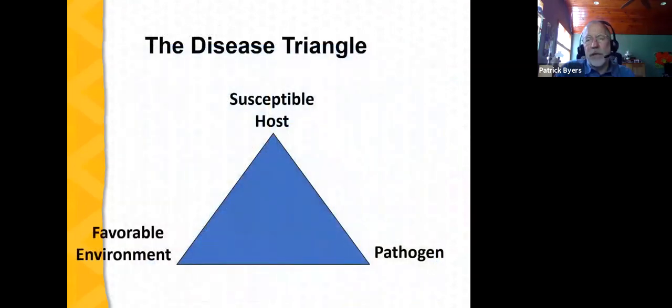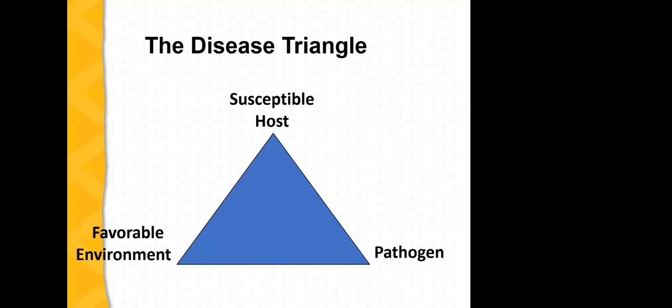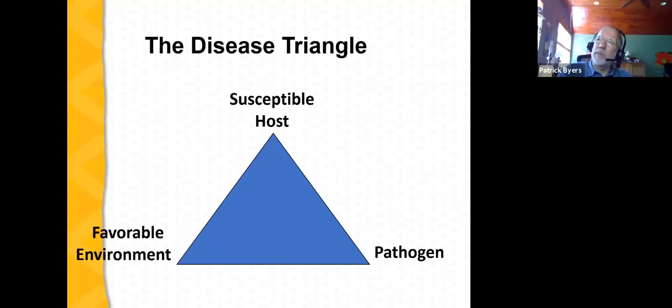All right, so we've taken a look at fungi, we've taken a look at bacteria, we've talked about viruses, we've talked about phytoplasmas, we've looked at nematodes, and we've looked at parasitic plants, all of which can be causes of disease, all of which can be plant pathogens. Now I'd like to introduce the concept of the disease triangle. Okay, we've already defined what pathogens are. These are the causal agents for disease, but a triangle has 3 points. Okay. And when we think about the conditions that cause disease, we can think about a 3-pointed situation as well.